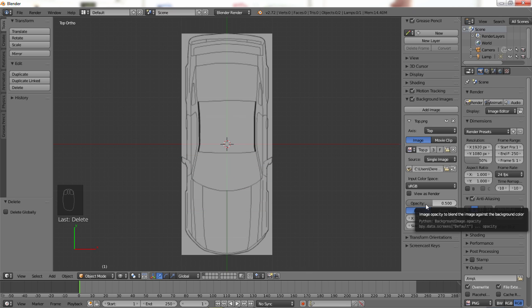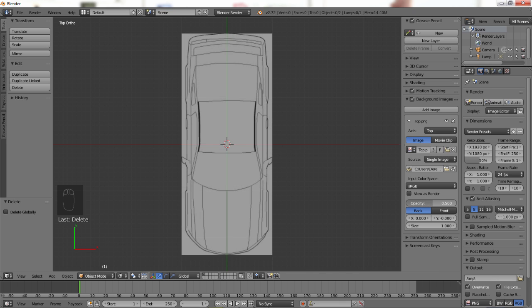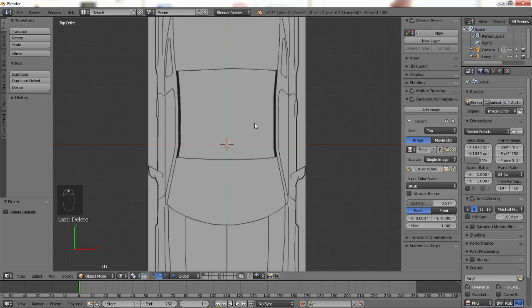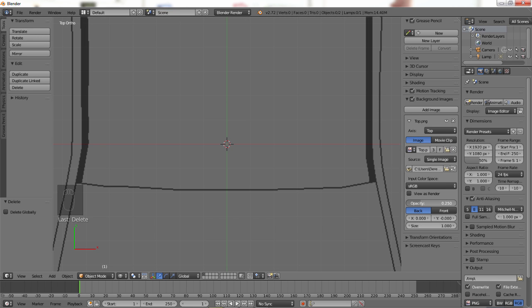The opacity changes how dark the image is compared to the background. Most people leave this at the stock setting of 0.5 so that they can see the image well. There's a problem with that. The lines in your images are dark black, and since we'll be tracing these lines, you won't be able to see them very well, and we'll be working in wireframe view a lot, so this makes it hard to see. So for that reason, I usually change my opacity down to about 250 or a little less or a little